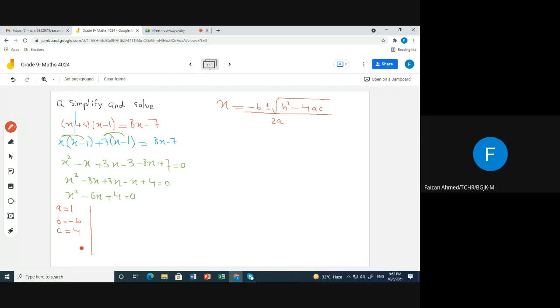It is, since the variable is x, so I will start with x. X is equals to minus, formula ka minus, then b is negative, so I will just put it in bracket like this. Then comes the positive and a negative sign. Then comes the square root. Then comes the b. Since b is negative, so I will just put it in the bracket. Minus 4. Inside the bracket, a is 1, c is 4, bracket close, and whole divided by 2 times 2, and then bracket 1.